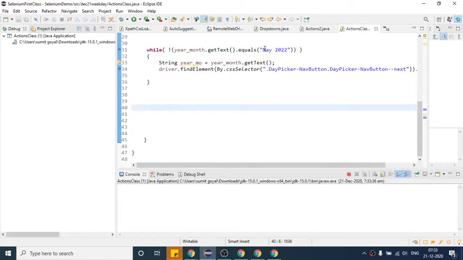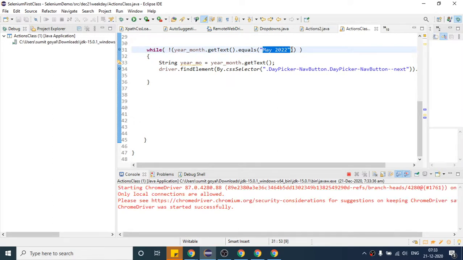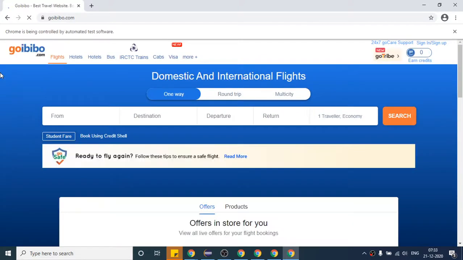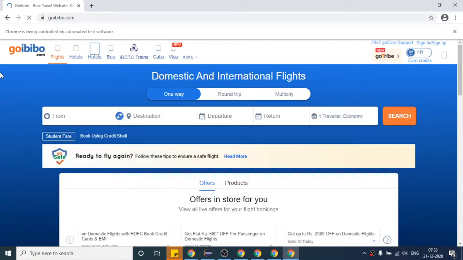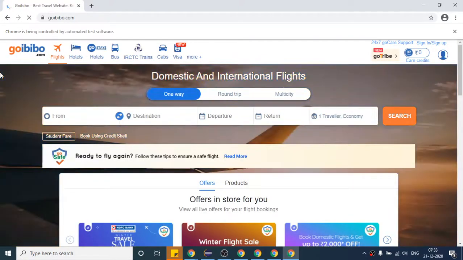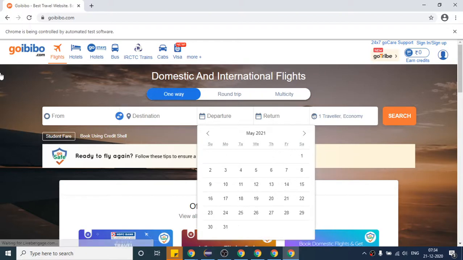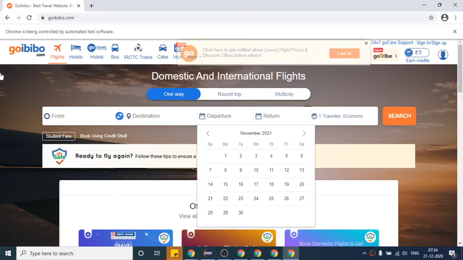It will stop when it finds this. Now it will stop at May 2022. So it has stopped here because it found the year, right?